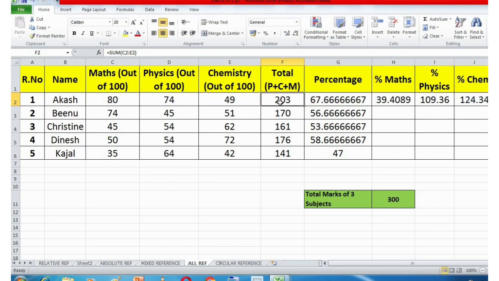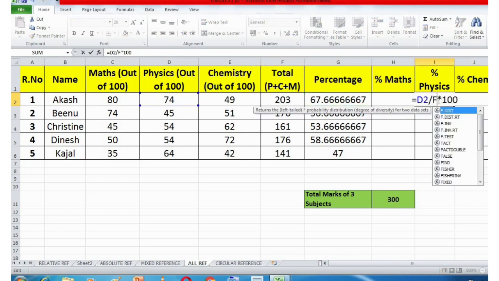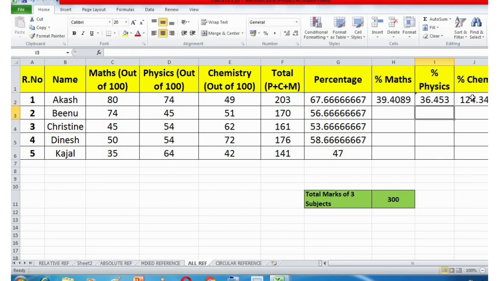What should come? F2. Okay, so instead of changing F2 here and then again changing F2 over here, now this is correct, but instead of changing all the cells one by one, we can come to this formula and we can make this second row fixed by using the dollar symbol.